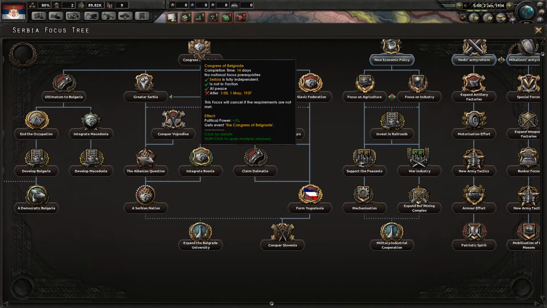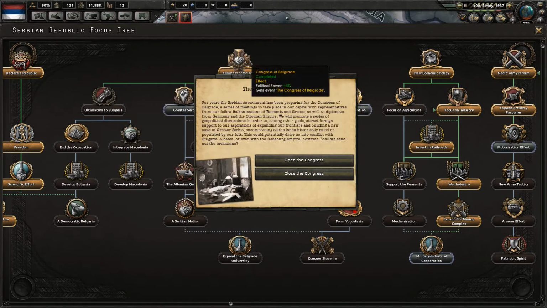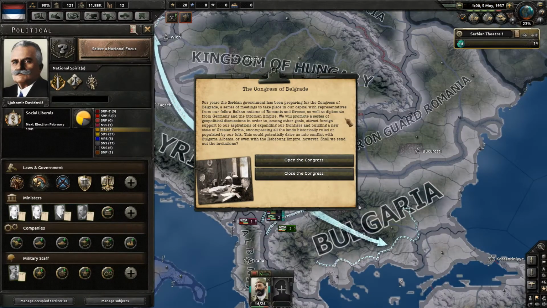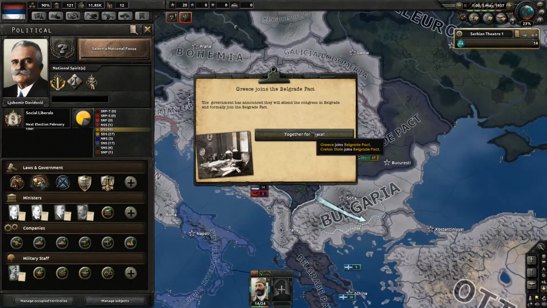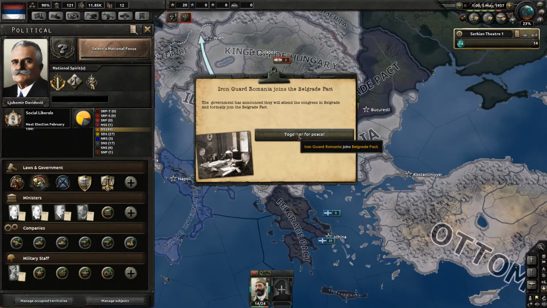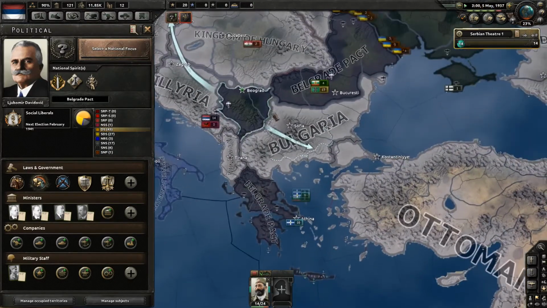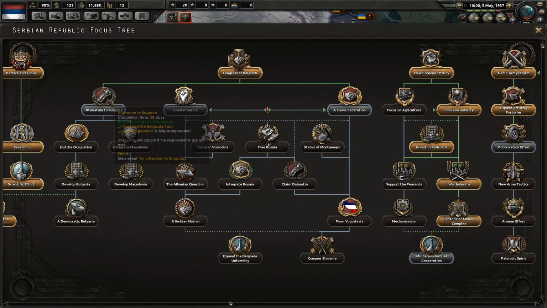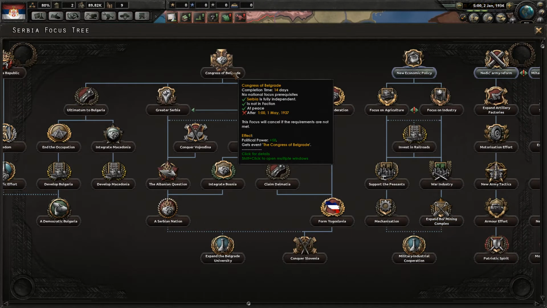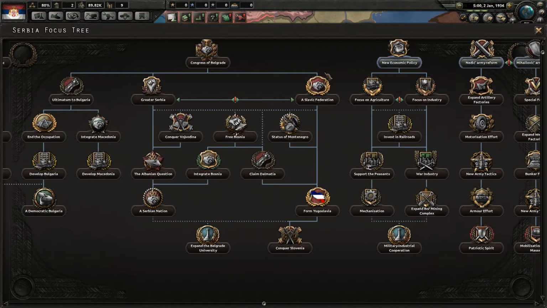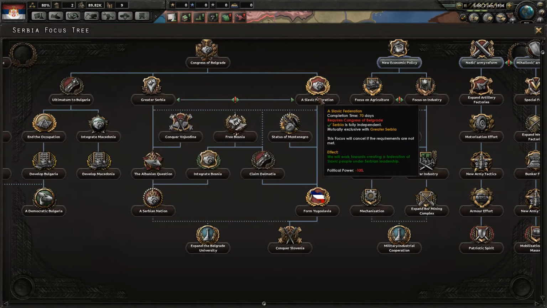Well, the first step towards that is, of course, the Congress of Belgrade, which is a diplomatic initiative that Serbia is going to get together between Romania, Greece, and Serbia. So the three powers that most lost from the Great War, and that are most interested in the destruction of both the Bulgarians and the Austrians, because they basically need to regain some territory from both of them, and then the Ottomans too, for good measure. So a sort of revival of the Balkan League from before World War I, except in the form of a Belgrade pact. And going down from there, you can either choose to go with a Greater Serbia or a Slavic Federation,